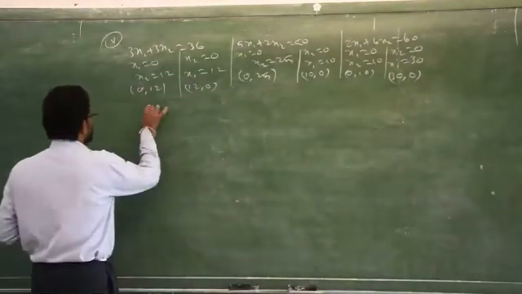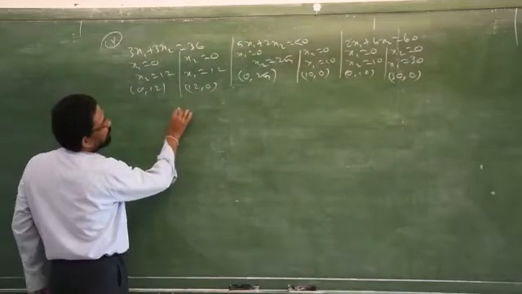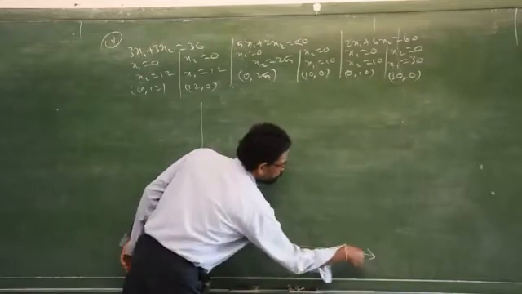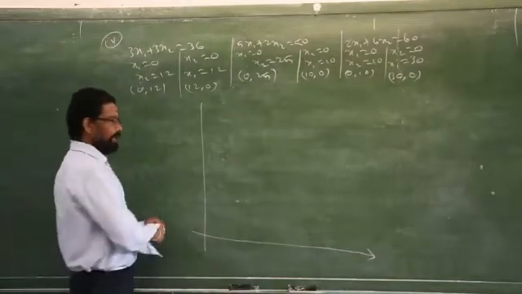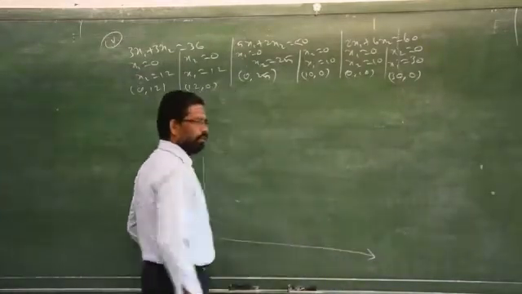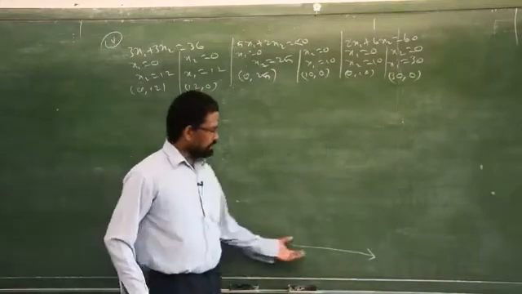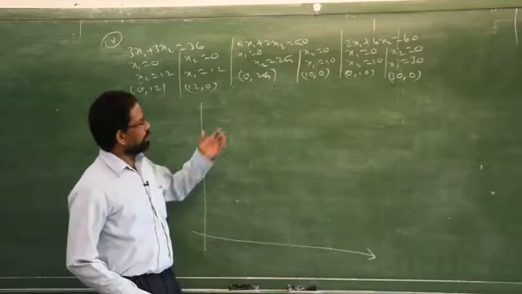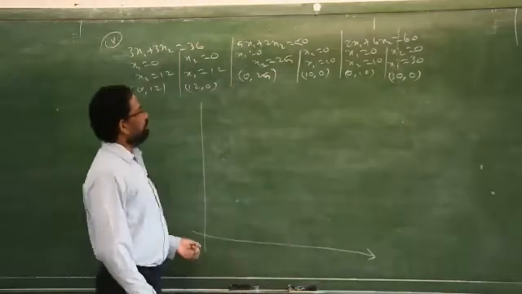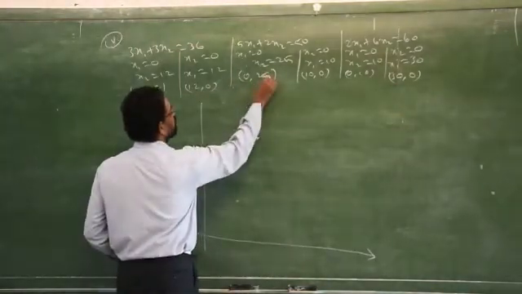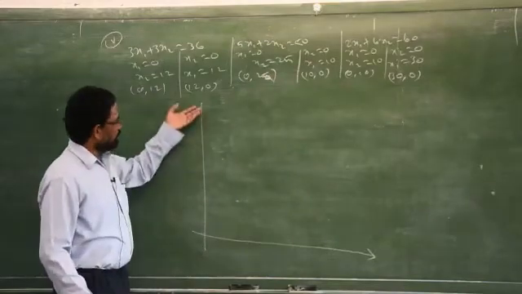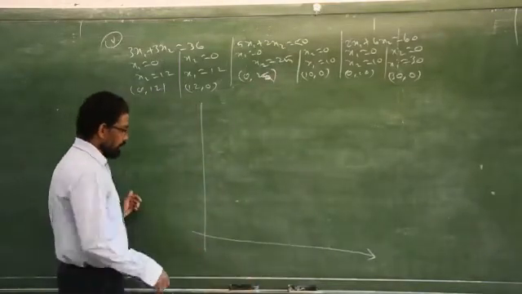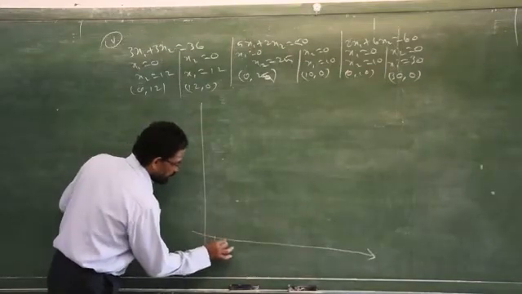In that graph sheet, it is not possible to have 30, isn't it? The maximum width given is 15. So the width of the graph sheet is 15, and the length of the graph sheet may be 30 centimeter. So here it is given 30 centimeter, whereas on the y-axis also we need 25. This is the x-axis and this one is the y-axis. Clear? So in such a case, you have to take each unit as 2 centimeter.